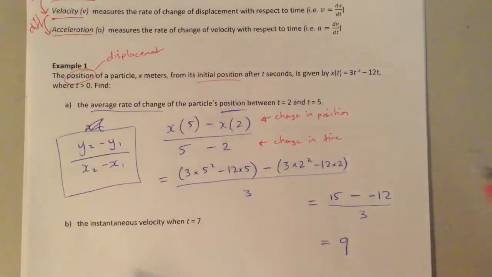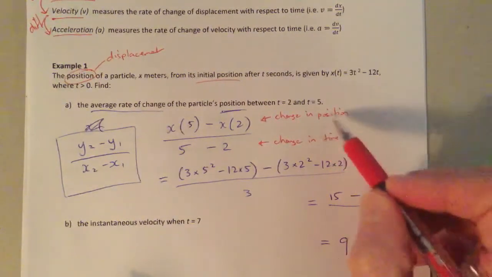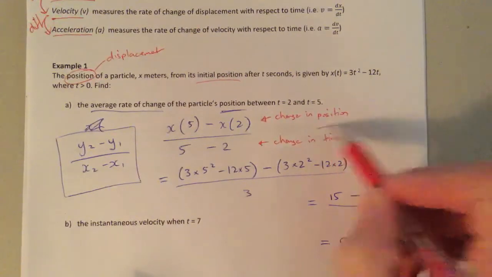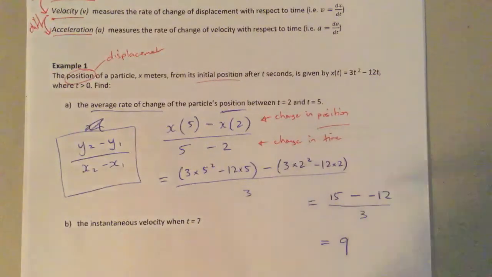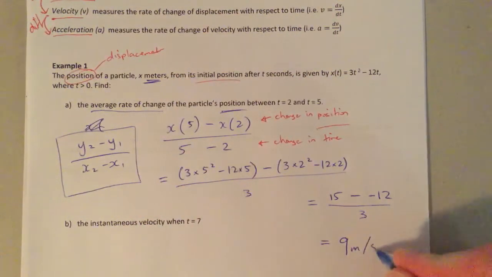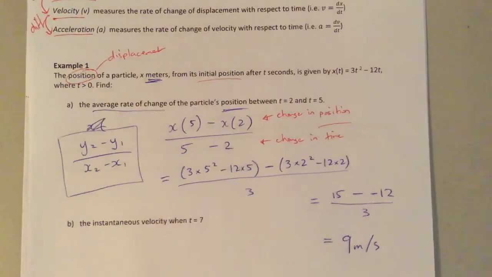And that actually gives away the units. The units are the distance over the time, right? The displacement over the time, I should say. So the units here will be, the displacement was in meters, so it's meters per second. 9 meters per second is the average rate of change, or the average velocity between t equals 2 and t